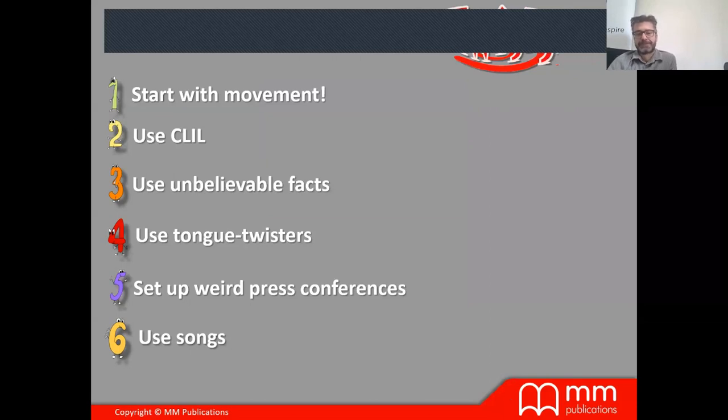I actually bring some objects. I just remembered another idea I have. I bring some objects related to the text we're going to read today, and I put them in a box. I've decorated the box with a collage from glossy magazine papers, and it's a beautiful box, and I call it the magic box.